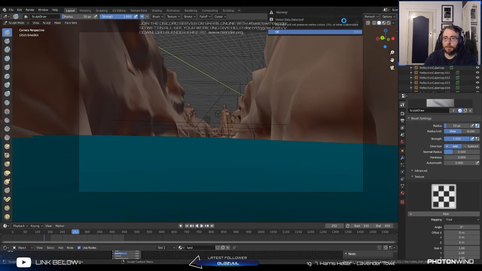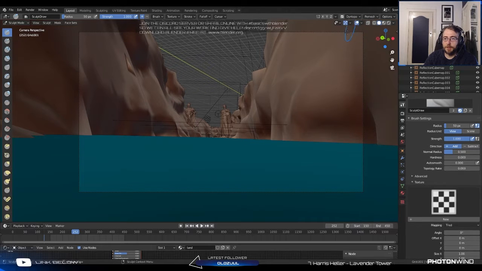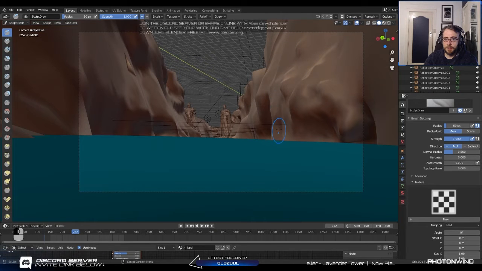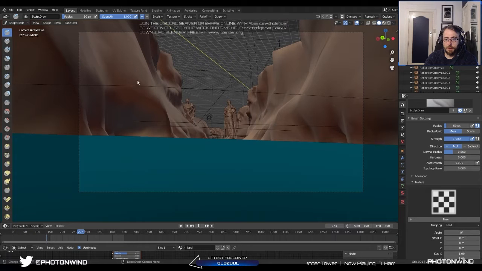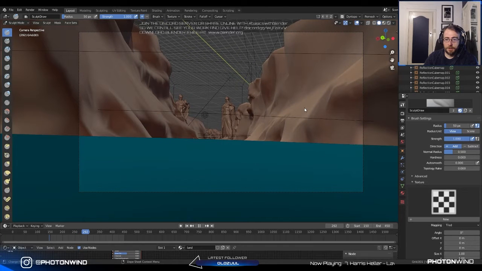Dynamic topology turned off. You must just check that, because sometimes it turns itself off for some reason. So I'm just making little bits feel more craggy and natural, and then as soon as that's done I'm going to show you how to add some cool stuff to yours. Or maybe I should do that already, because just watching me is not as exciting as doing something you can do yourself. So I'm just going to add a little bit more detail quickly, and then I'm going to show you how you can add